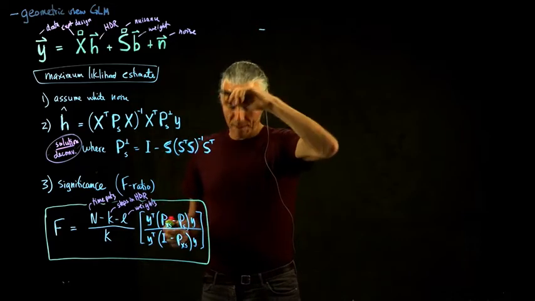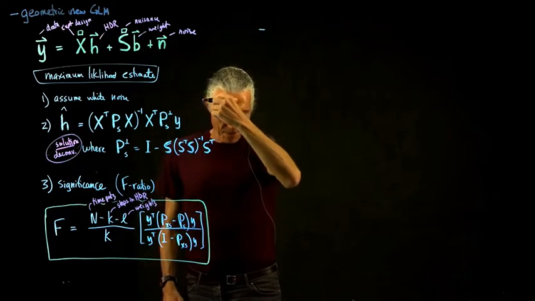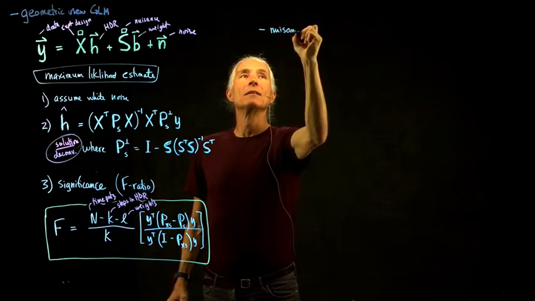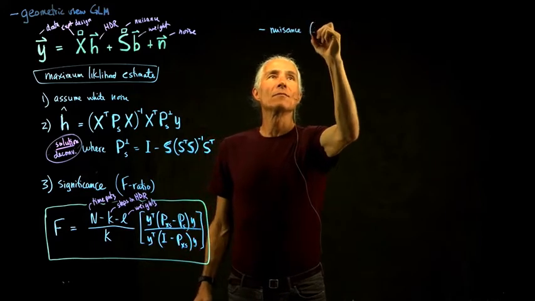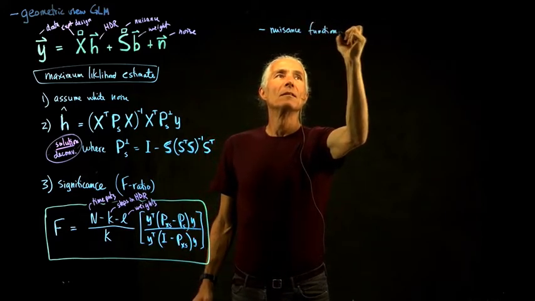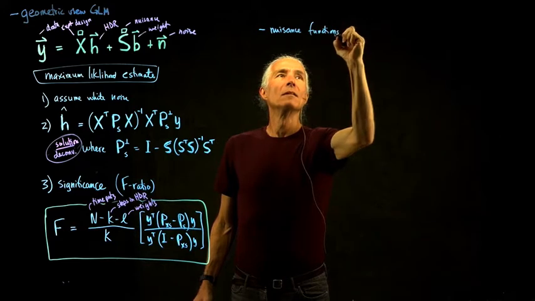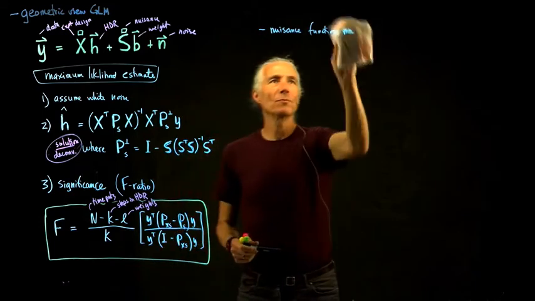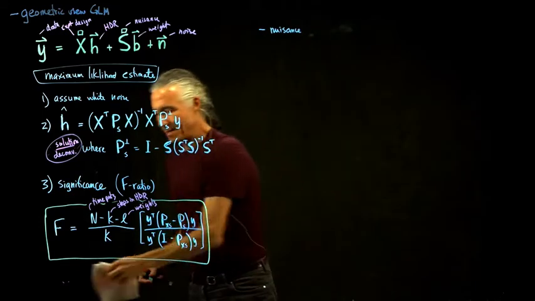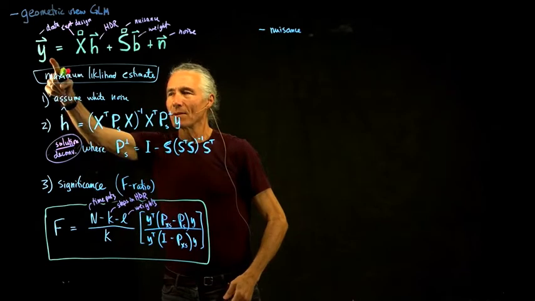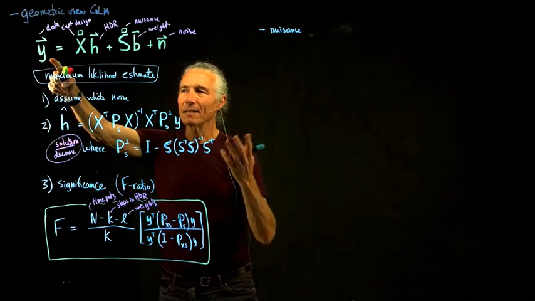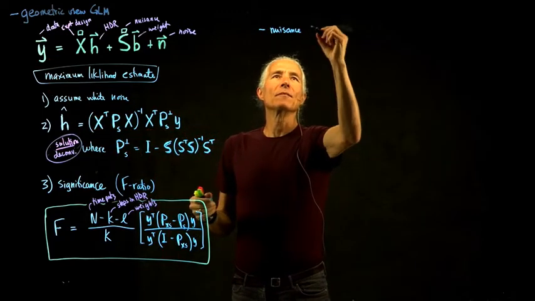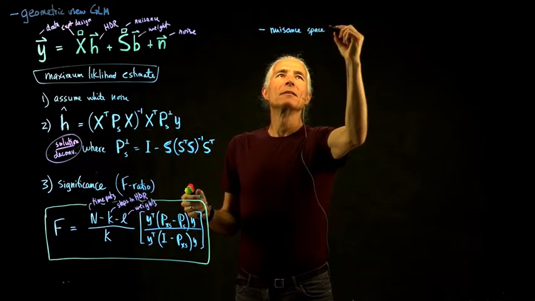The problem is the nuisance functions, or we'll say nuisance space, because remember we're thinking of these time courses as forming a space. A point in the space is a time course. So the nuisance space may be